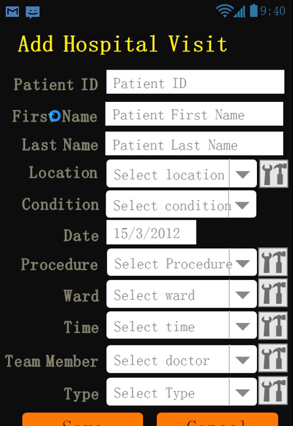So I click add hospital visit. These are a bunch of fields. A lot of them are pretty explanatory. Most of them will be pre-populated, like the date will be pre-populated with today's date, and location will be pre-populated depending on the patient's previous location. In case of a one-off patient, it will be pre-populated to the last location that you entered,